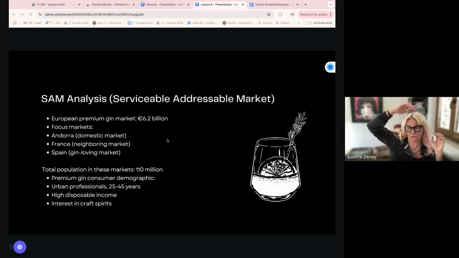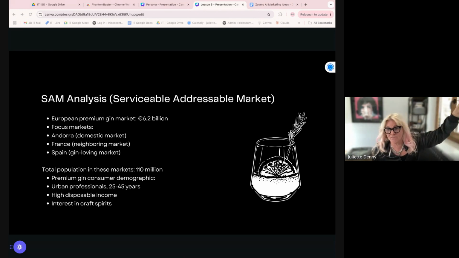So we've gone from the very top to something more realistic in terms of whether we're going to be able to sell to that market. And then we do a deeper dive. Now remember, tomorrow's lesson is all about buyer personas. I want you to think about this as, first of all, looking at the highest possible area, the biggest market we can target adjacent to our product, then the serviceable addressable market, and then we go down to literally the market that we can target. And then tomorrow we're going to do some buyer behavior profiles. So it'll be those markets.